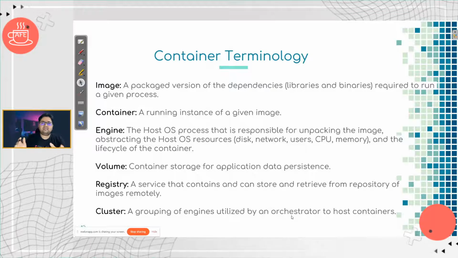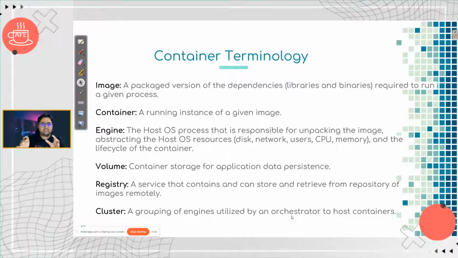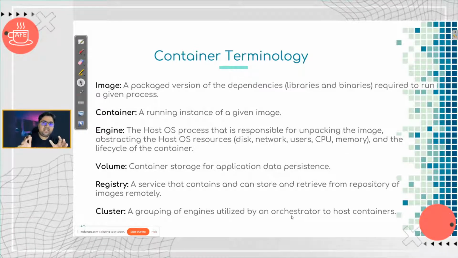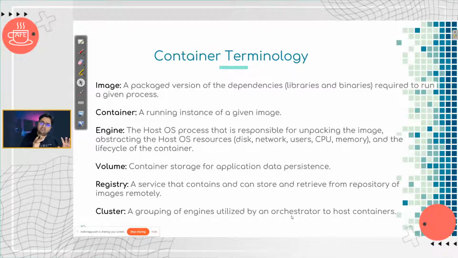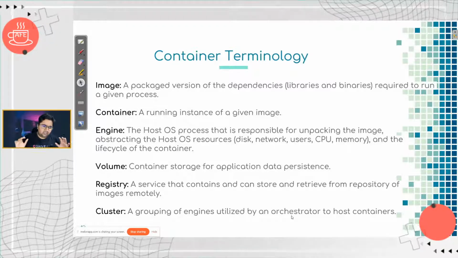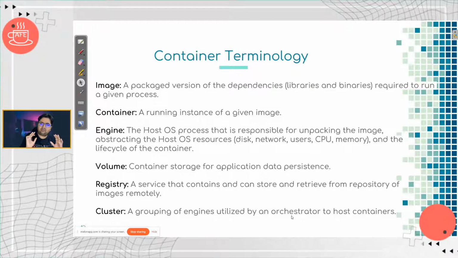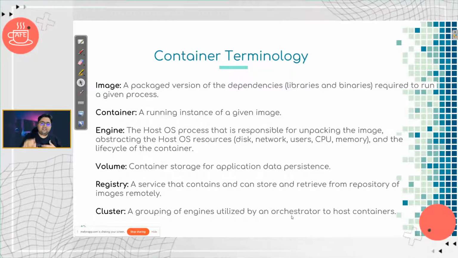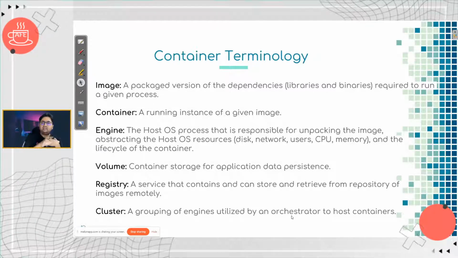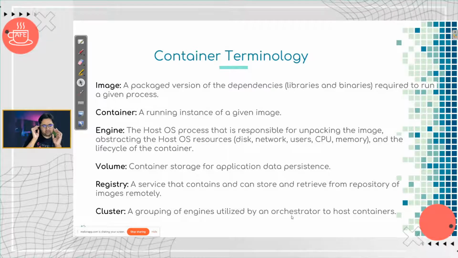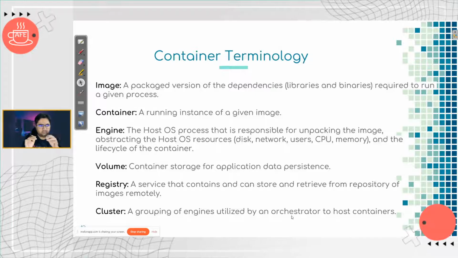These are just packaged versions. This is what will be stored on disk. It is your built, ready to be deployed code with all dependencies, all binaries, everything packaged, right? It's the whole dabba. Now this dabba is actually ready to be used. When the dabba is ready to be used, when it is given a compute and infrastructure, it is called a container. So image is just lying, container is running, which means a container has a running instance of an image.